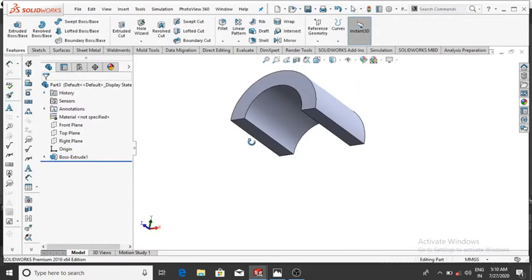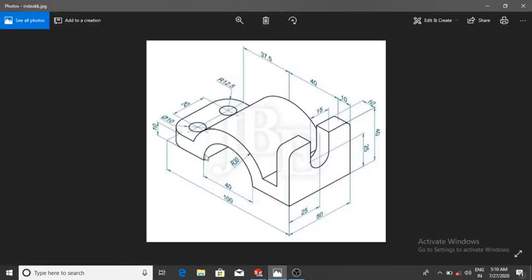and we can sketch this part on this face, and from the center line the distance between this point and this line will be 50 mm, because all the length is 100 mm. So simply it will be 50 mm, and this line will be 50 mm.